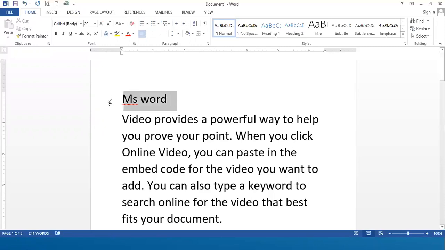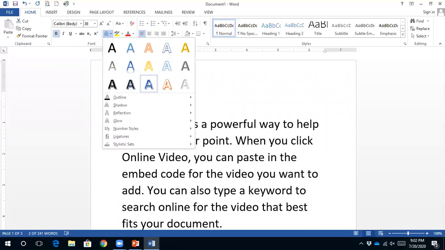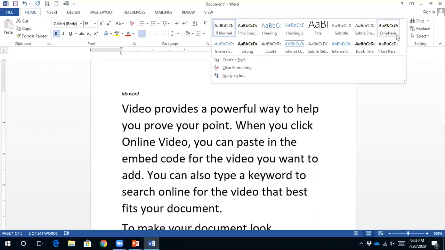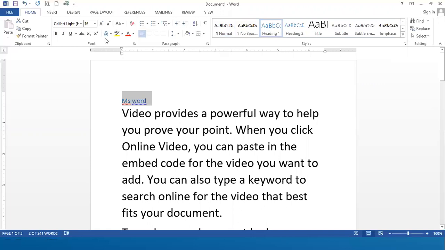Suppose this is the heading of this document, so I'm making it bold and wanted to apply some kind of style on it as well. For example, this is my heading one. How can I make it heading one? You can set it as any of the styles, like you have made it heading one.